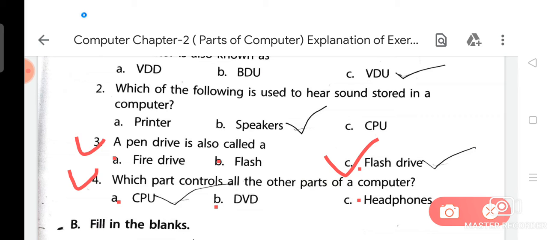You know very well that the full form of CPU is Central Processing Unit. So, to revise question number 4: which part controls all the other parts of a computer? Option A is the correct answer.